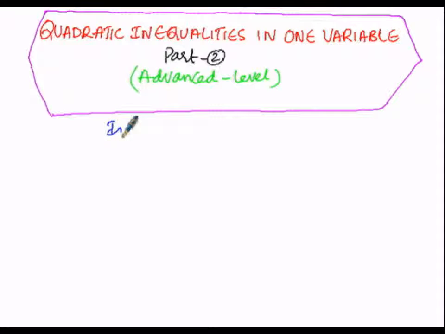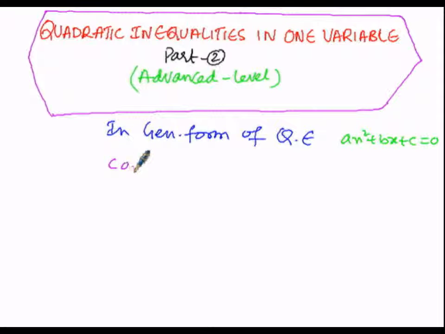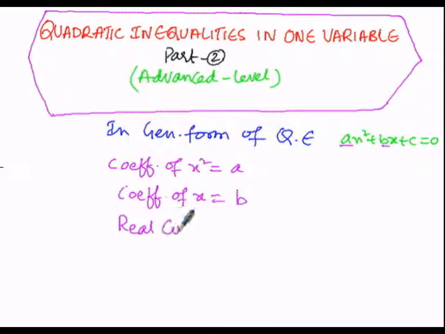So here in the general form of quadratic equation, that is ax square plus bx plus c equals to 0, the coefficient of x square is given by means of this a and the coefficient of x is given by means of b and the real constant is equal to c. Then we have